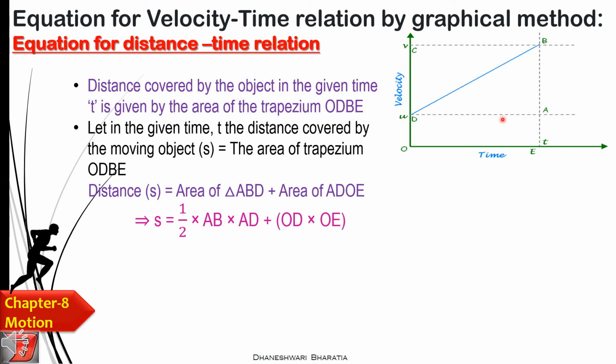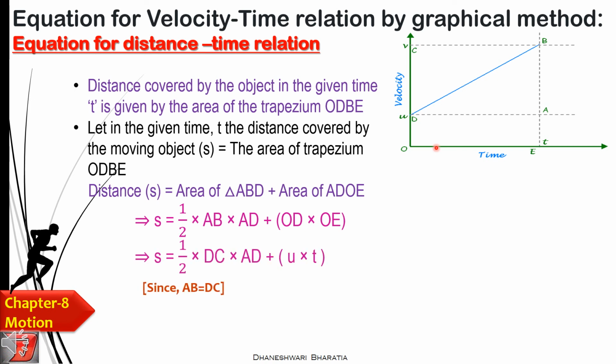Yes. So half into B. B क्या है? Base क्या है इसका? AB. और height कितनी है? AD. Here you can see. And what is the area of a rectangle? Length into breadth. What is the length? We are taking OD. आप AE भी ले सकते हो, हाँ? It is OD into OA, because we are finding this area in concern with the object. So object यहाँ पे है, so we will take the length and breadth like this.